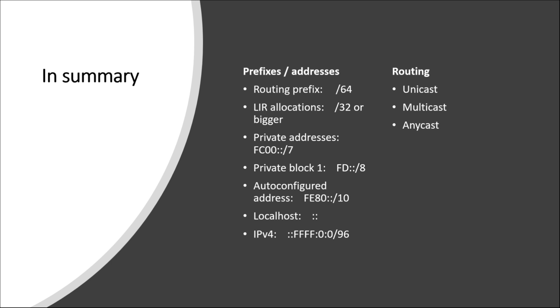IPv6 also includes a notion of route aggregation. If two destinations are close to one another, then they would probably follow the same route for the earlier part of their journey. And rather than having a single entry for every one of them in the routing tables, one can have a combined entry, a single entry that will route packets to both destinations, or in the end to multiple destinations, as long as they share a route and their route can be aggregated. That means routing tables become much smaller.